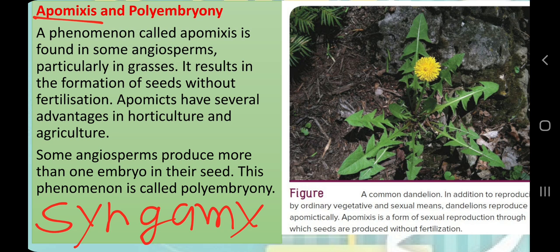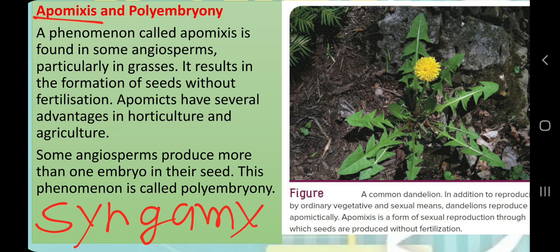Now the question will arise in your mind, how can this happen? This happens simply because normally male and female gametes, which are haploid, fuse together to form a diploid structure which will develop into a complete plant. In this case, a diploid cell of the ovule, because as I have said,